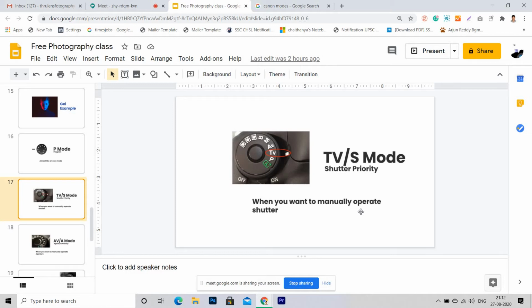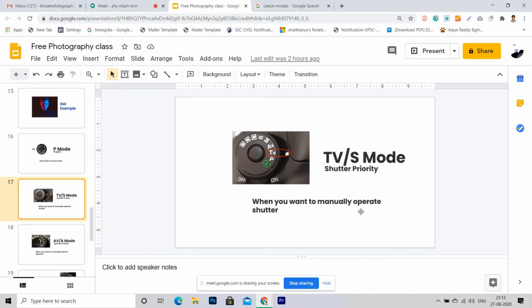So only two features are there, for example shutter and aperture. So if you're keeping in shutter priority, it means aperture is fixed. Aperture fixed means automatically camera only will decide which aperture to be kept according to picture. So cameras are little intelligent, so according to environment it only will decide if you keep in this kind of mode called shutter priority.